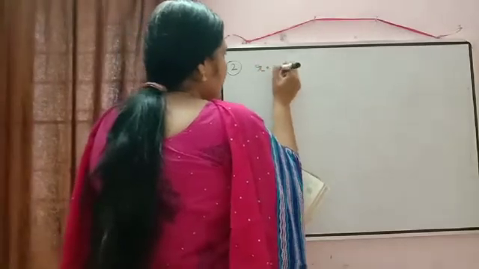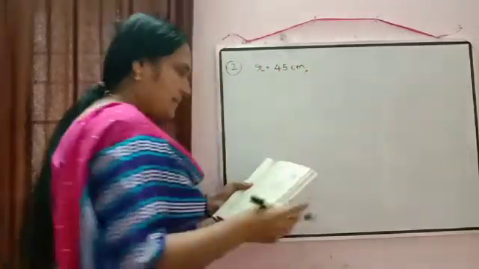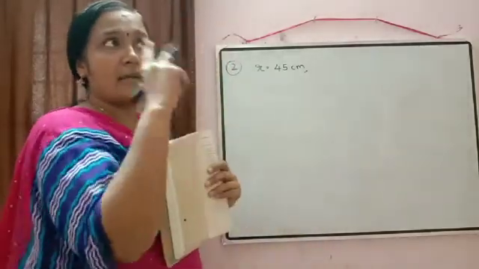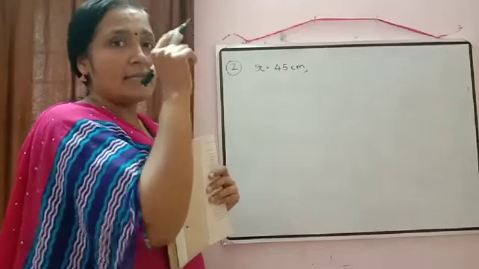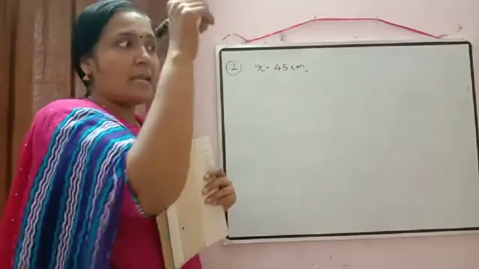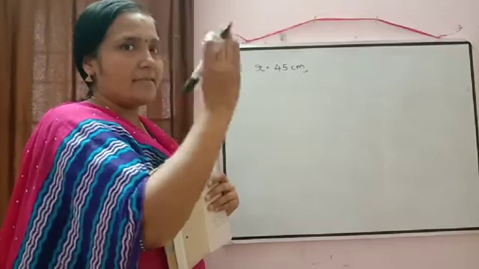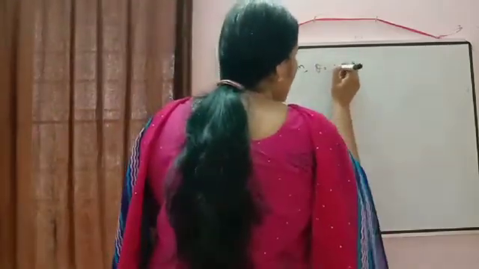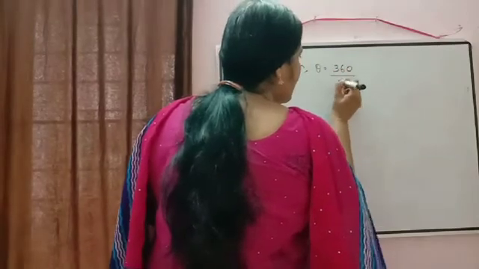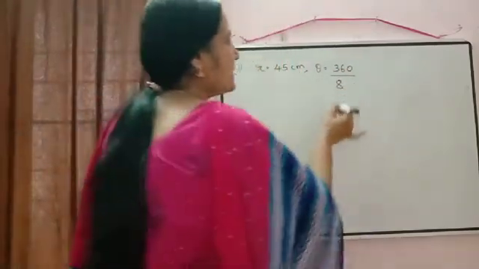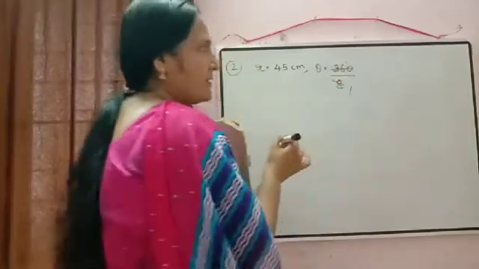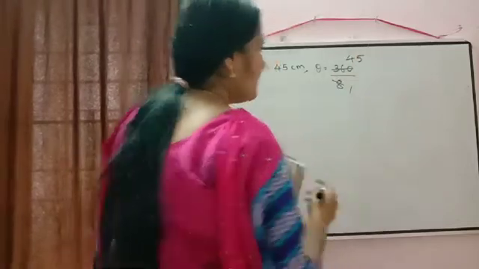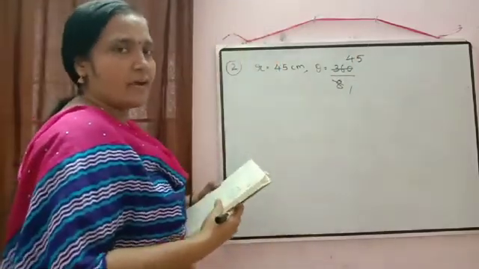So here we can check what are the things given. A radius is given there, 45 centimeter. And then it is written how many ribs are there? 8 ribs are there. So how we will calculate the angle at the center theta? Yes, total angle is 360 and it is divided into how many parts? 8 parts. Correct. So angle at the center we will write it as 360 divided by 8. So just to do the cancellation there, directly we can cancel it by 8. 8 4s are 32. Then 8 5s are 40. So we will get angle at the center as 45 degree.